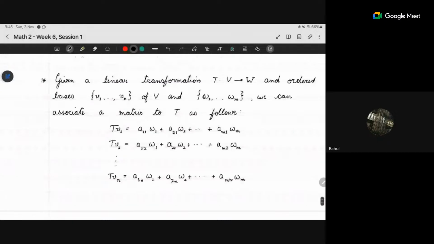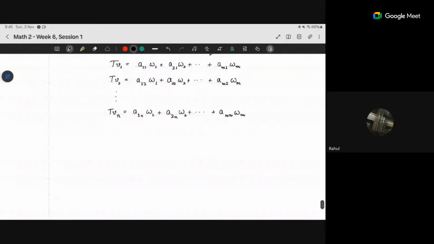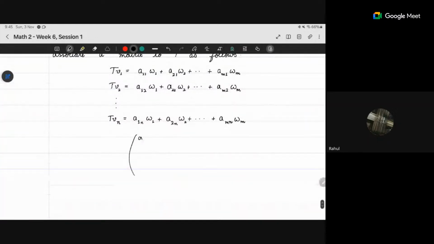So what you have to do is take a basis of the domain, look at its images, and express those image vectors in terms of the basis which is given to you on the codomain. You will get mn many coefficients, and you arrange it in such a way that